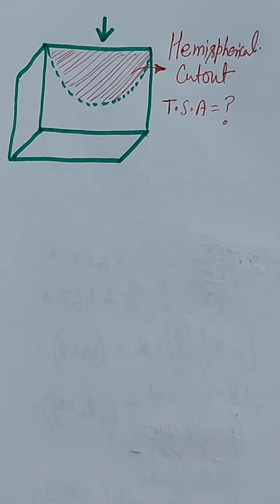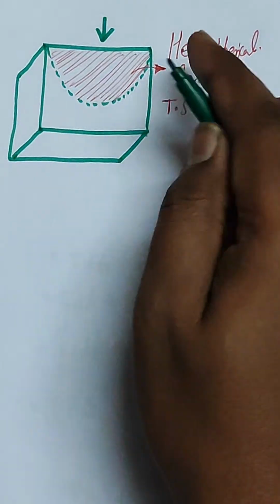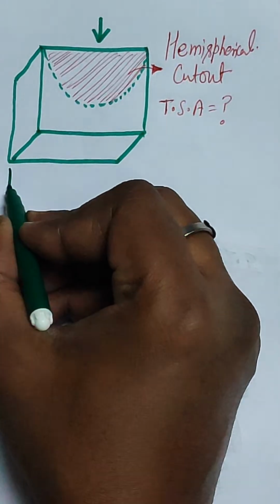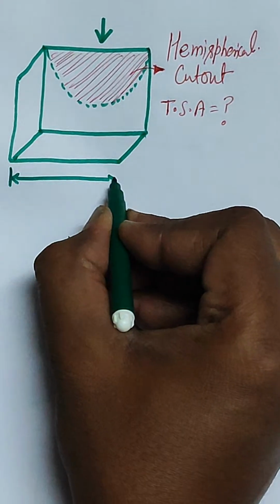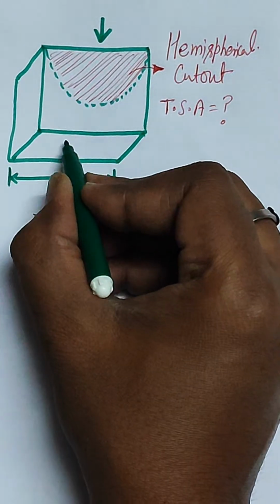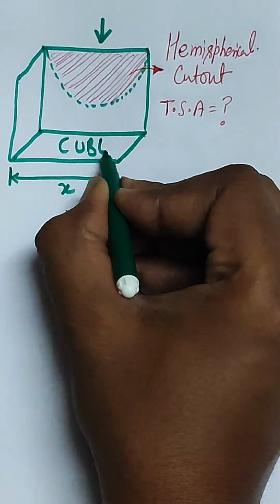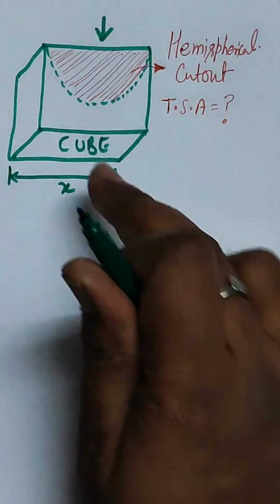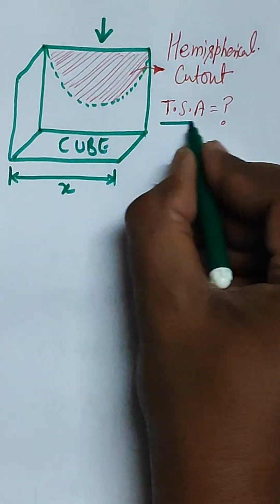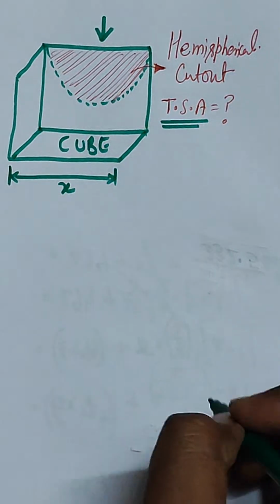Determine the surface area of the solid which is just left, right? Now if you assume x as the edge of this cube, which is given in the question, then what is the surface area of the cube? So the total surface area which we need to find out